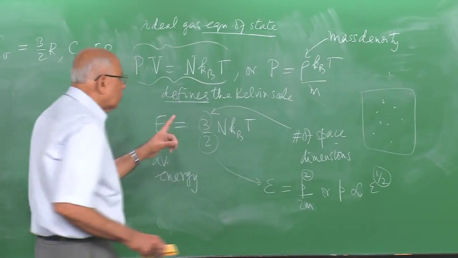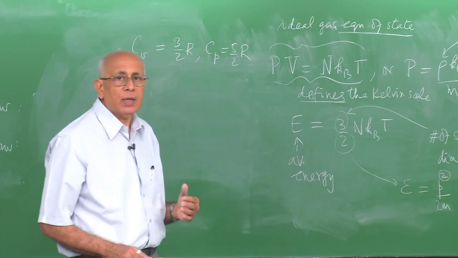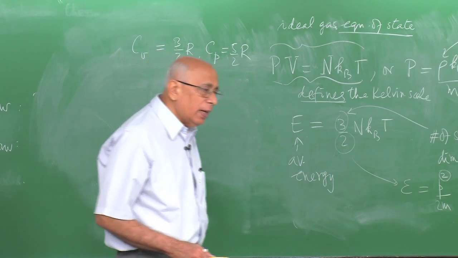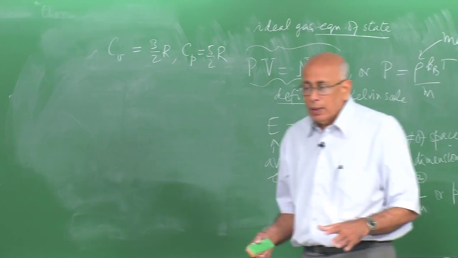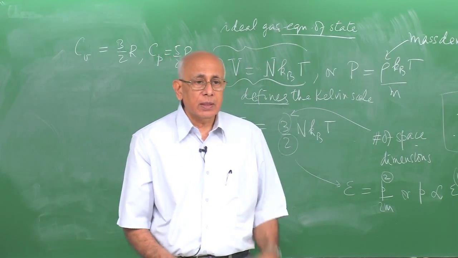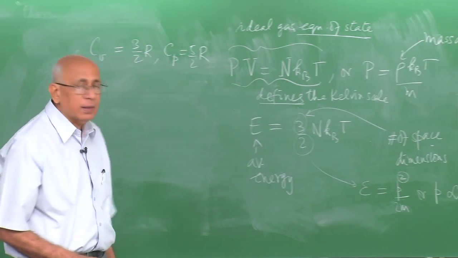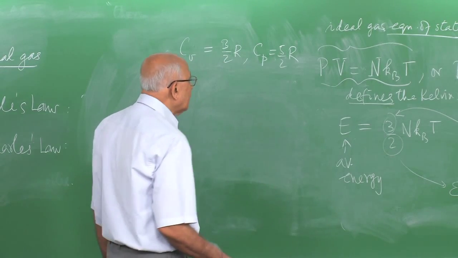Having said this about the ideal gas, this is a good time to also ask what happens if the gas is not an ideal gas. This is a correction beyond the ideal gas, and a great deal of effort was spent in the 19th century in trying to find out whether there exists a kind of universal equation of state which will describe real gases or non-ideal gases, the classical non-ideal gases. We will come to that in a second, but before that I want to point out another fact,